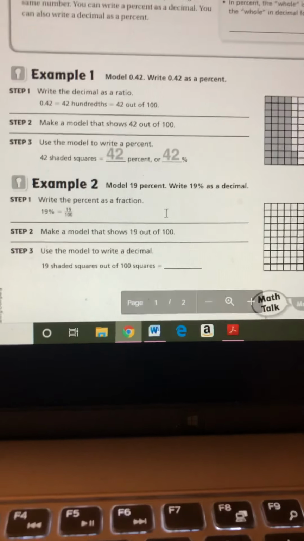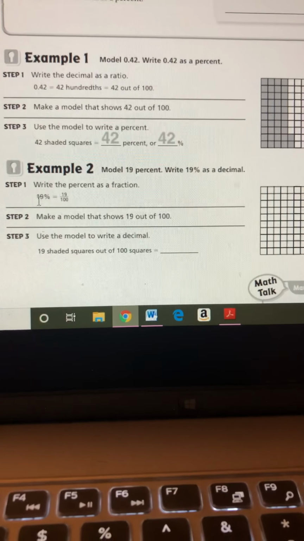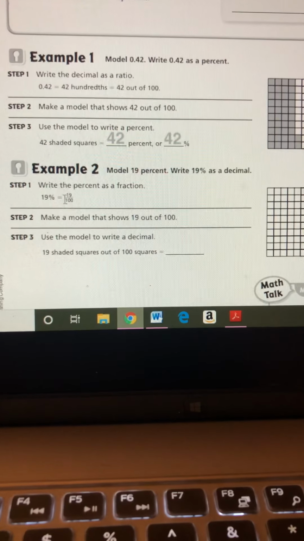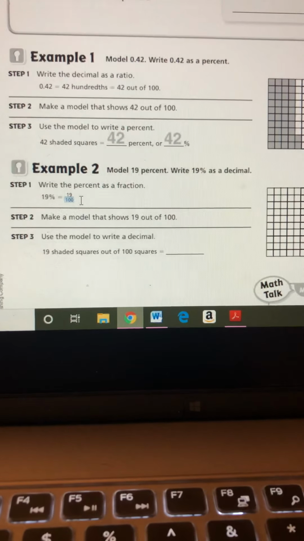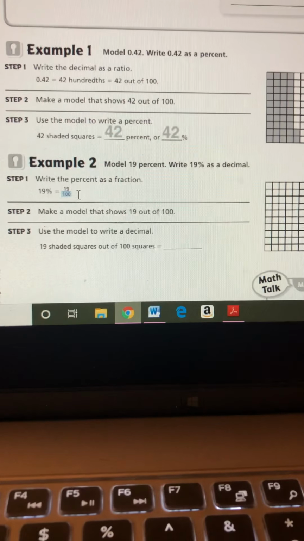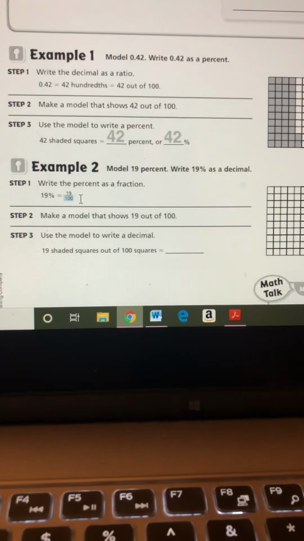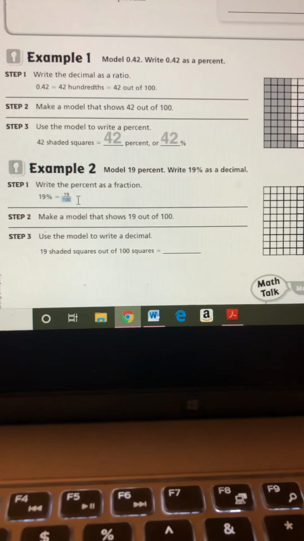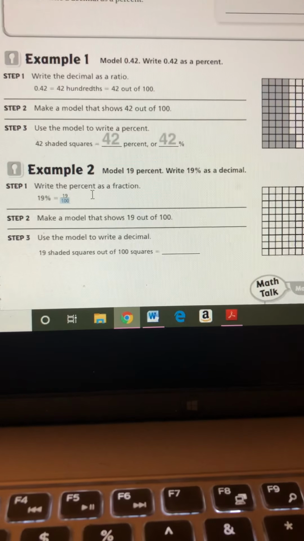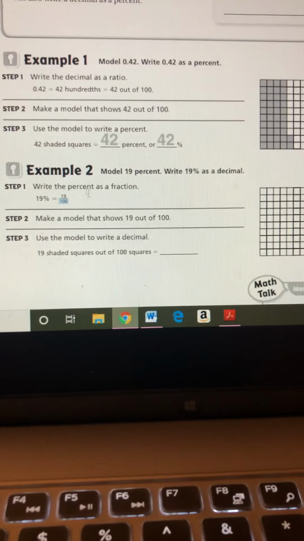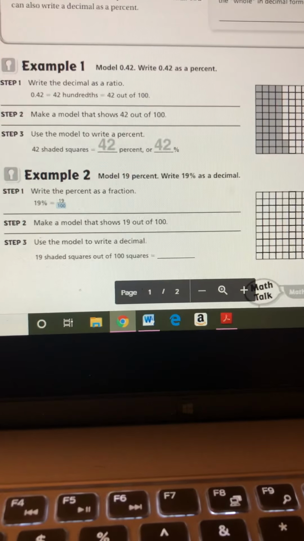Now down here in example 2, they're basically just showing you that percents are out of 100, like they show you here, which we basically talked about, I believe it was in yesterday's video. So that's going to go into another part of the lesson that we have to go over. So always remember that percents are out of 100, okay? With that being said, let's go into